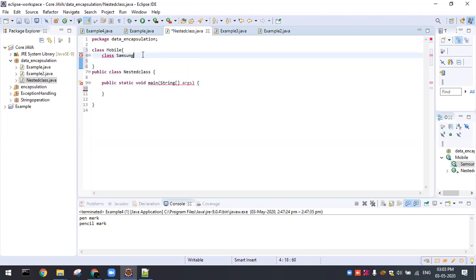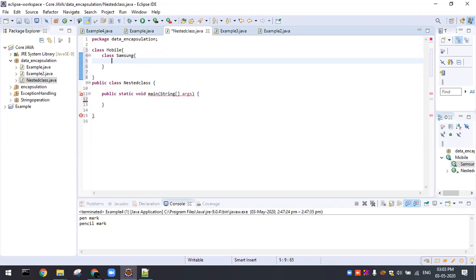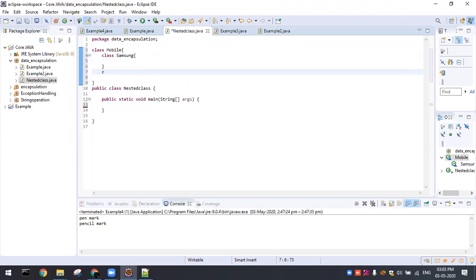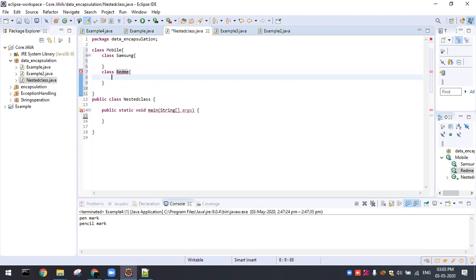Inside a class I will be having another class. I have one more class called static Redmi. So this class is a normal class and the other class is a static class.